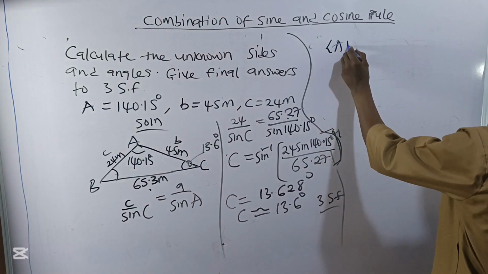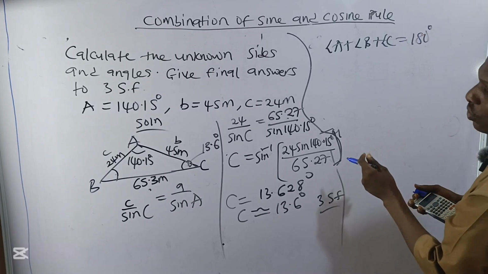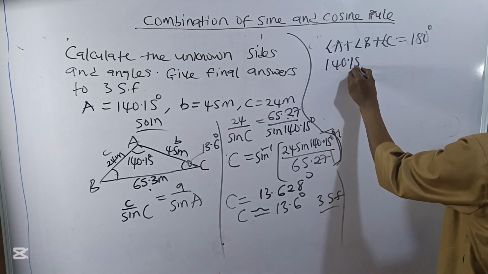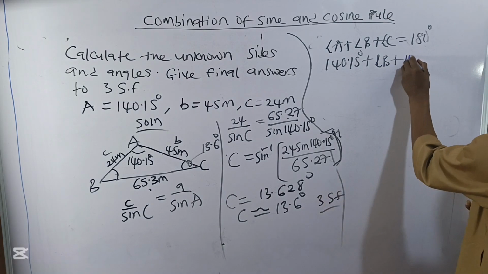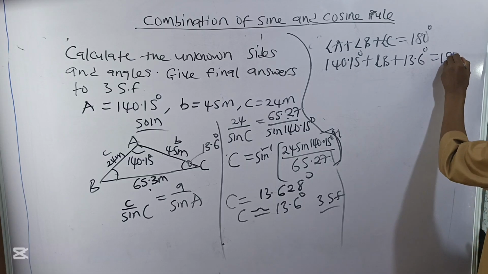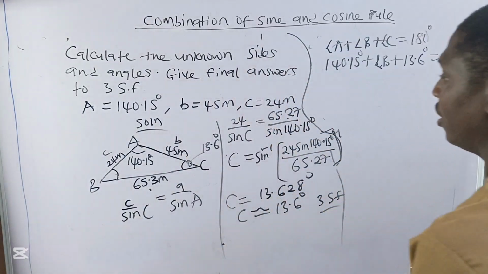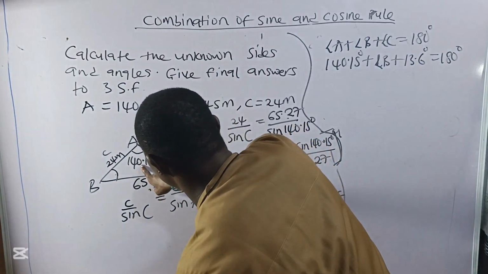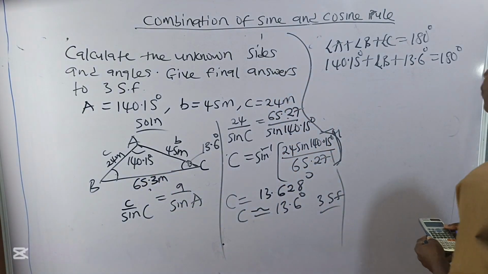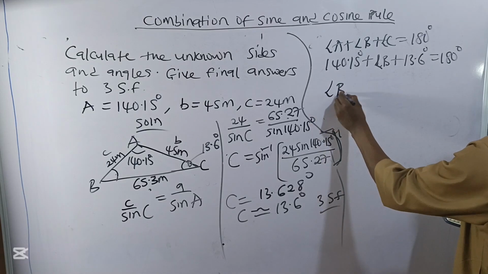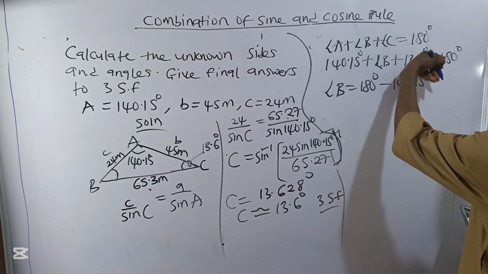So I have angle A plus angle B plus angle C equal to 180 degrees, the sum of angles in a triangle. My A is already 140.15 degrees, given. My B is what I'm looking for, and my angle C is 13.6 degrees. Remember, angle B must be greater than angle C, because the side is greater, but it must be less than angle A, which is 140.15 degrees, because we can't have two obtuse angles in a triangle. So I have angle B equals 180 degrees minus 140.15 degrees,